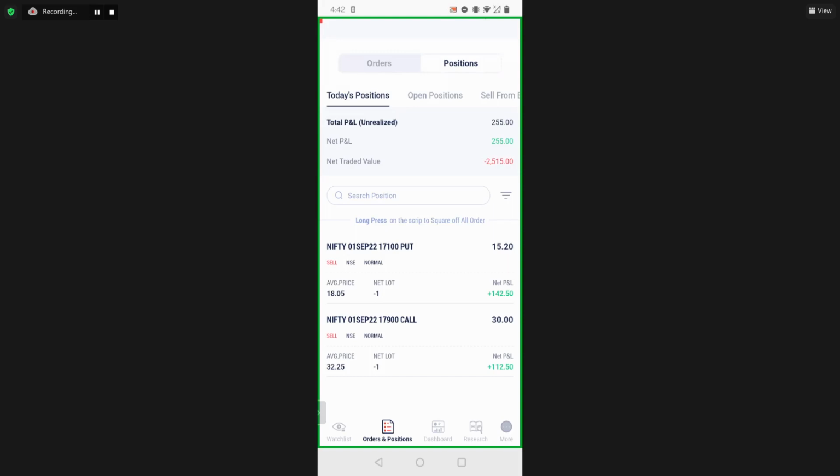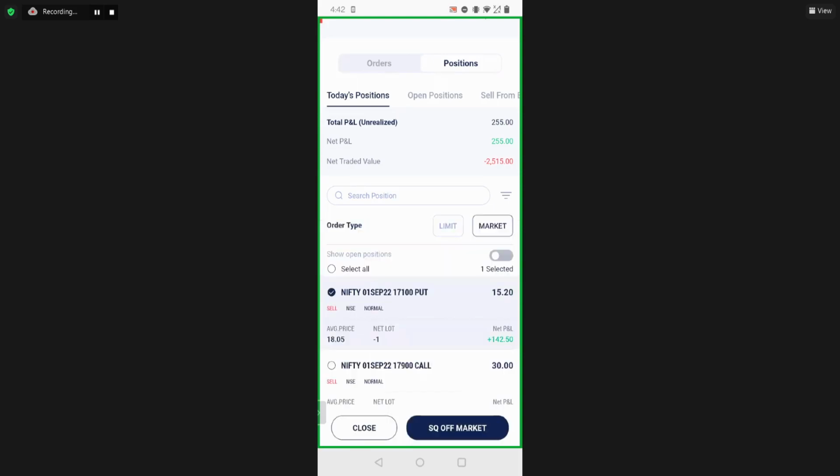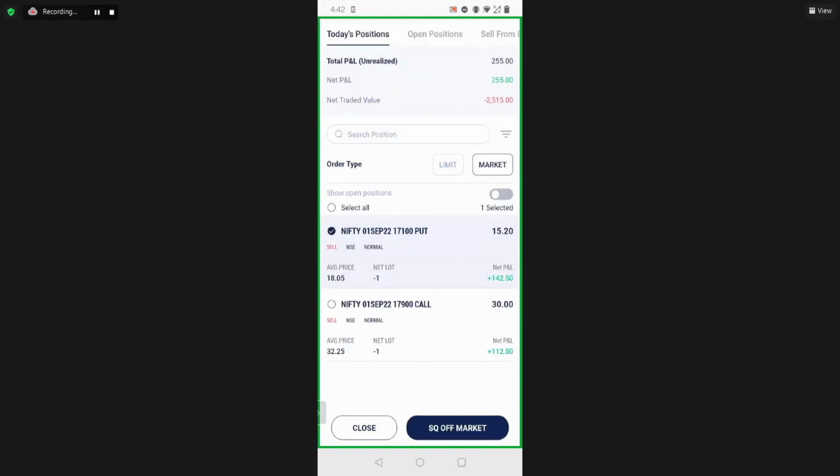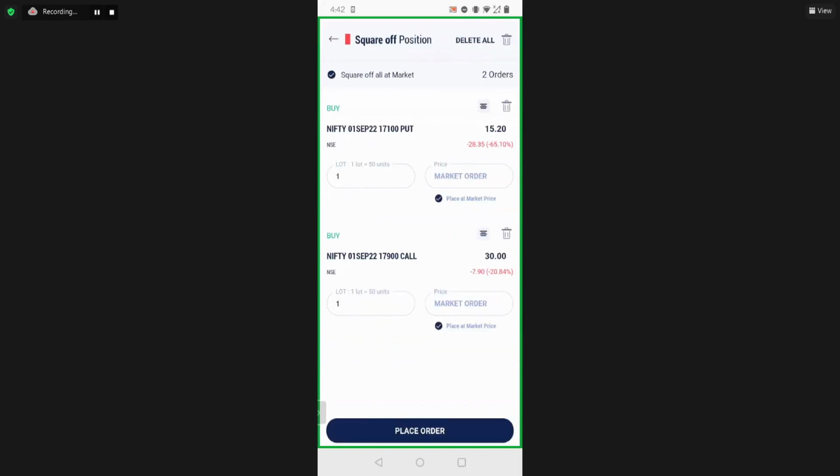Okay, so similar to how the feature of long press worked in order book, where you could cancel multiple orders, here you can square off multiple orders. So if I just say long press, I come here. If I have any open positions, I'll have two selections, whether I want to square off at limit or square off at market. If I click on square off at market, it comes